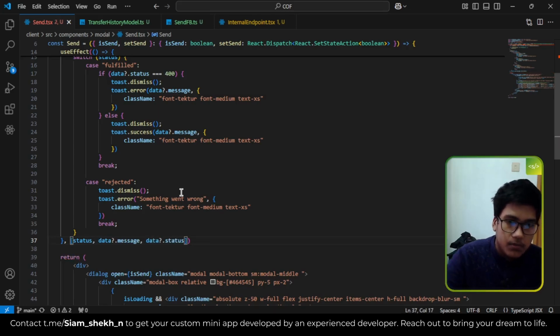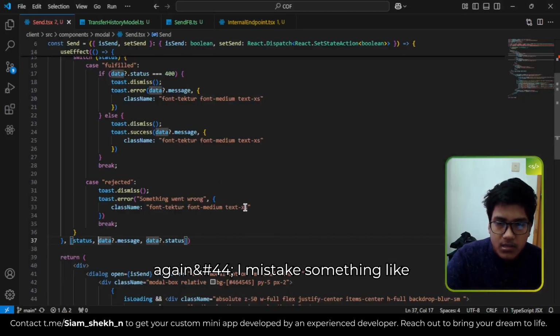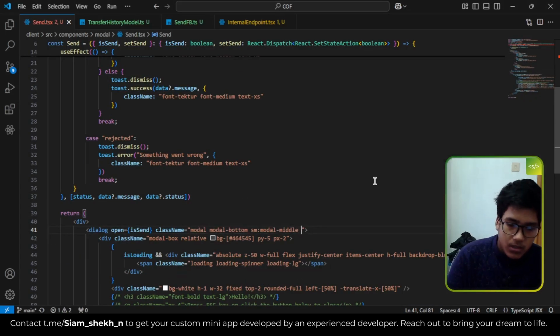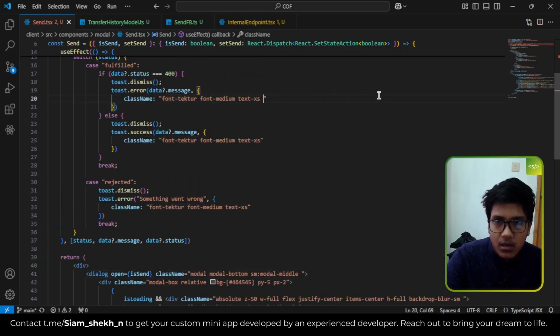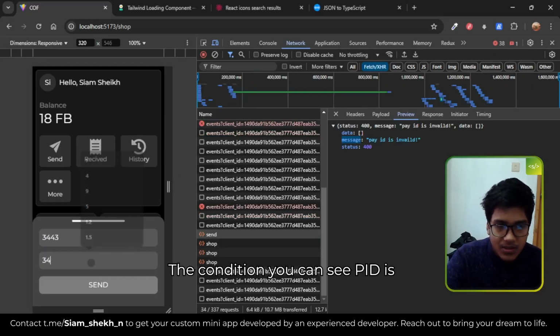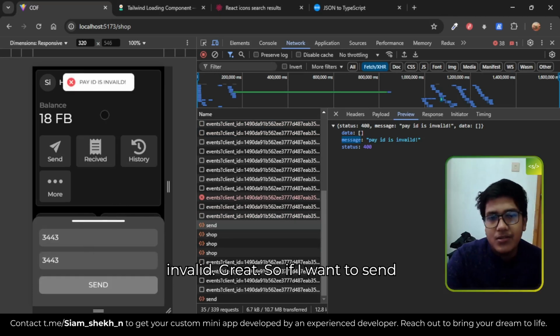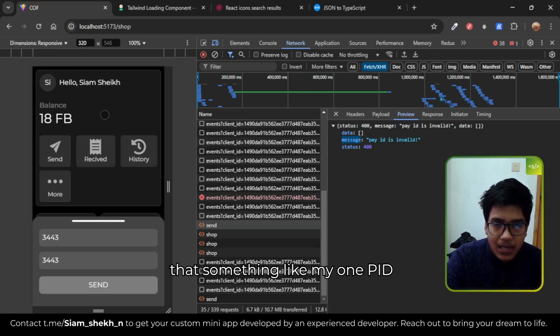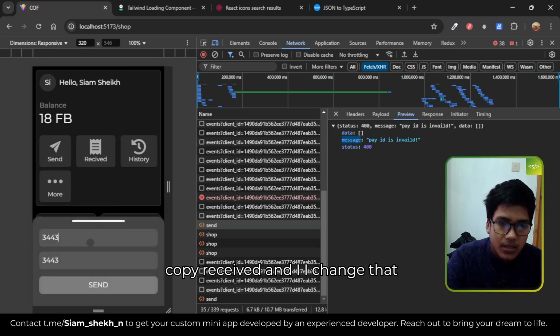Okay, great. Now if I send the request here once again, I made a mistake, something like uppercase. I need to ensure that all message text is uppercase. That is the condition. Okay, you can see PID is invalid. Great. So if I want to send something, like my own PID, I copy it, received, then I change that PID